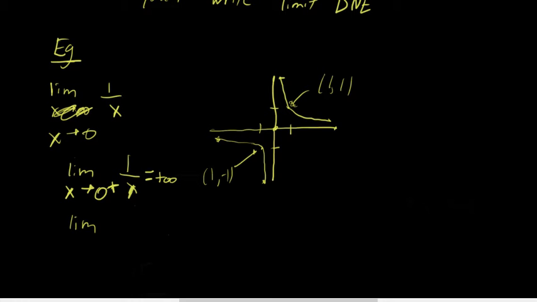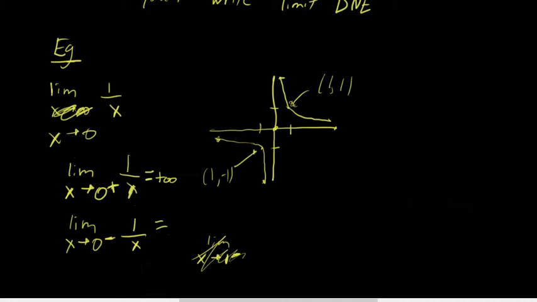Now for approaching 0 from the left, this negative sign next to 0 just means from the left. It doesn't mean that x is negative. It means you're approaching 0 from the left. So for example, if we wanted to approach 1 from the left, we'd still put this negative superscript on top of the 1. But anyway, approach 0 from the left, the limit as x tends to 0 from the left of 1 over x